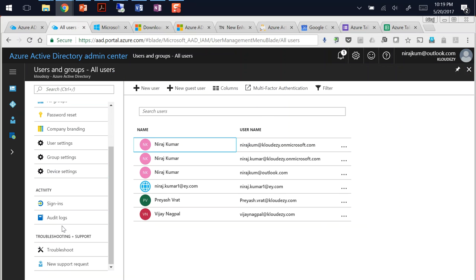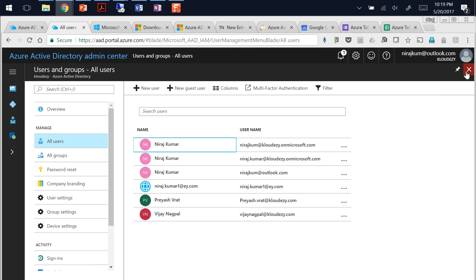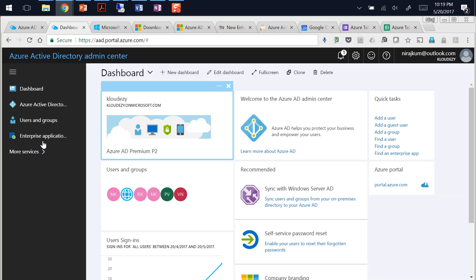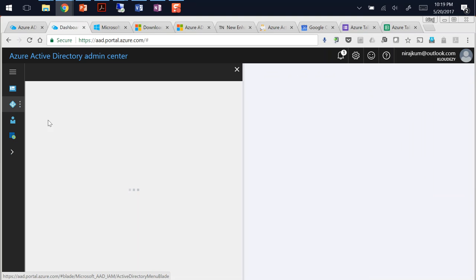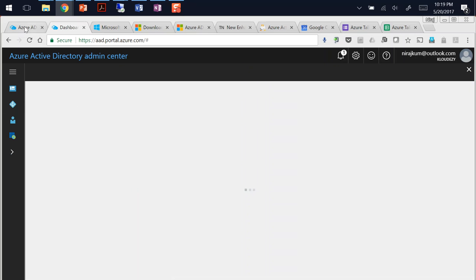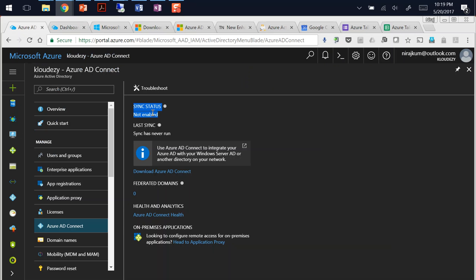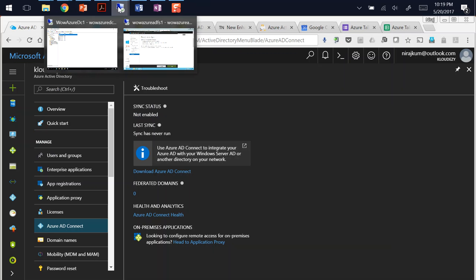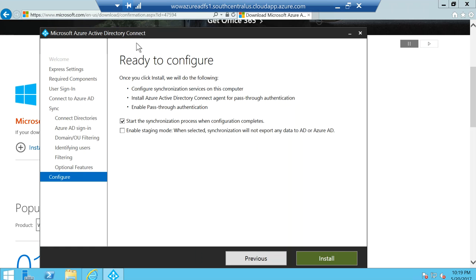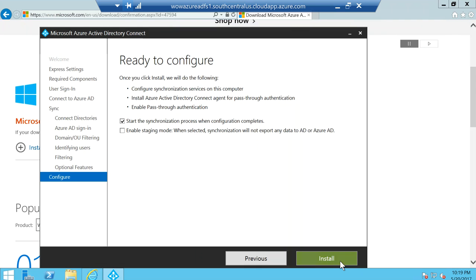So if I come over to my user, I want to close it, Azure Active Directory. Maybe I can come back to my, yeah. So you can see that sync status is set to not enabled. Once we configure this setting on the member server, you will see that it will get turned on. So I say install,